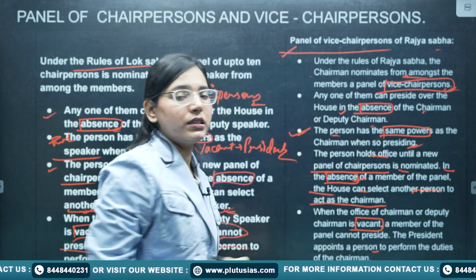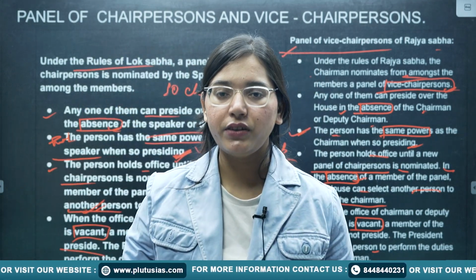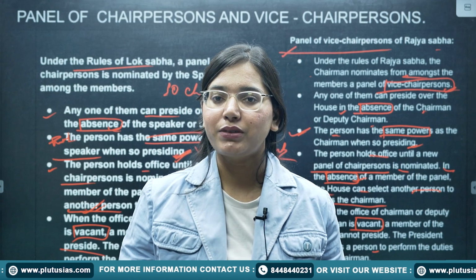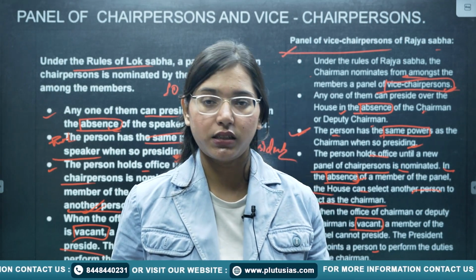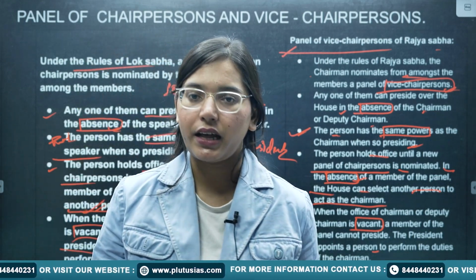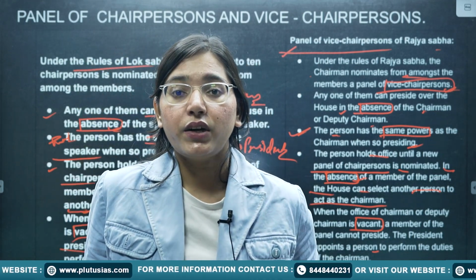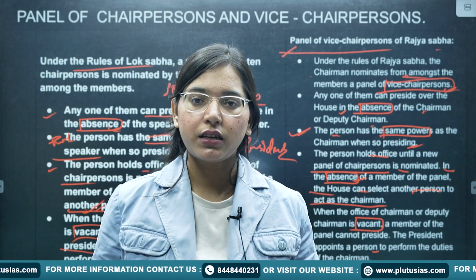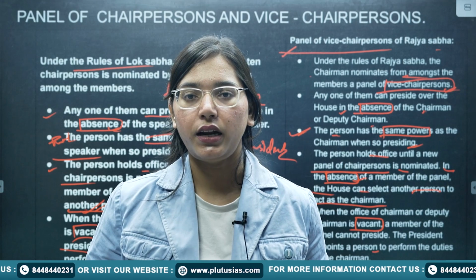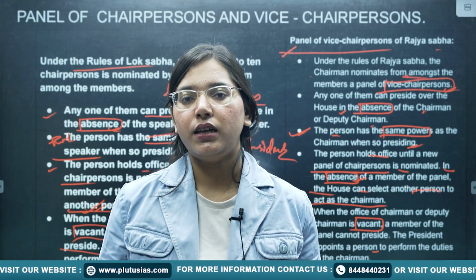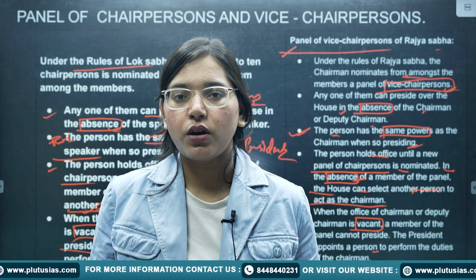So these are the features of Parliament. We have seen what is in the Lok Sabha and what is in the Rajya Sabha, what is the difference and what is the similarity of both. What is the difference between absence and vacancy, and in that case, what will be the scenario? You have to take key note of those things. So that's all. Thank you.